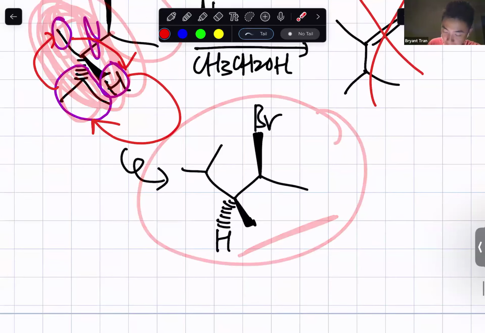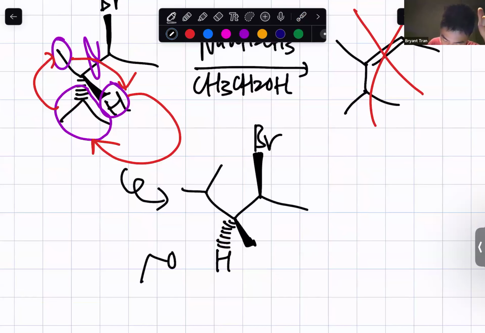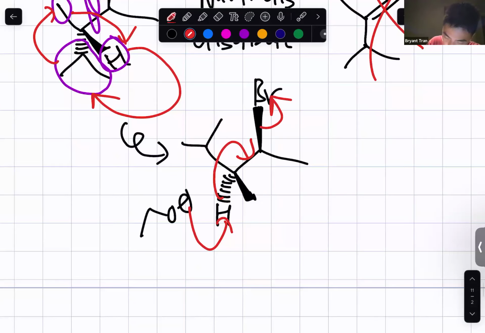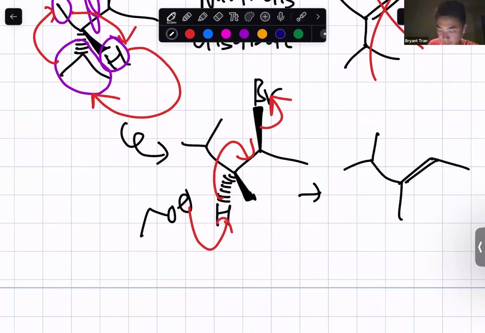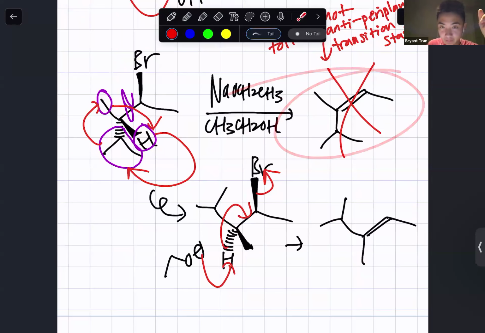Now we see that this beta proton here is anti, or opposite, to that good leaving group, which is good. That follows the anti-periplanar transition state. So that's going to lead to the right product. If we make a double bond here and kick out the good leaving group, we're going to form this alkene right there, which is trisubstituted,